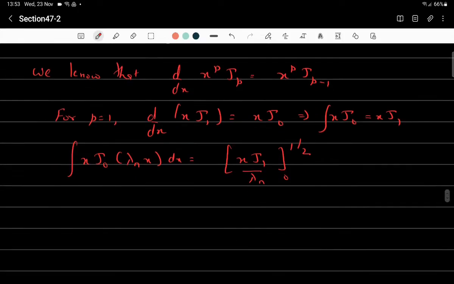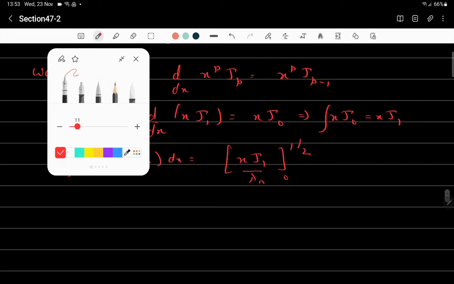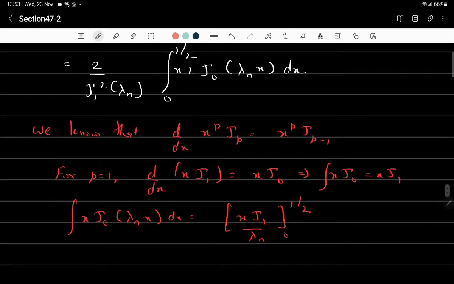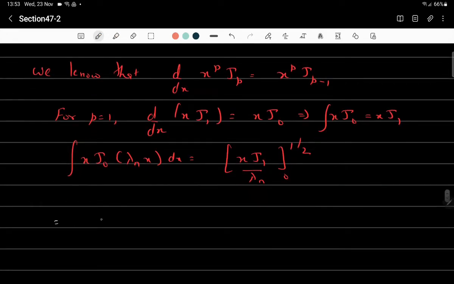Now you simply substitute the values. So you had 2 by J1 square lambda n, then 1 by lambda n can be taken outside, and x J1 lambda n x